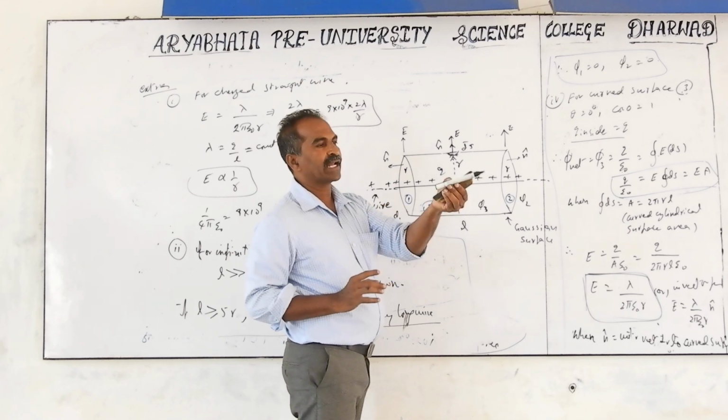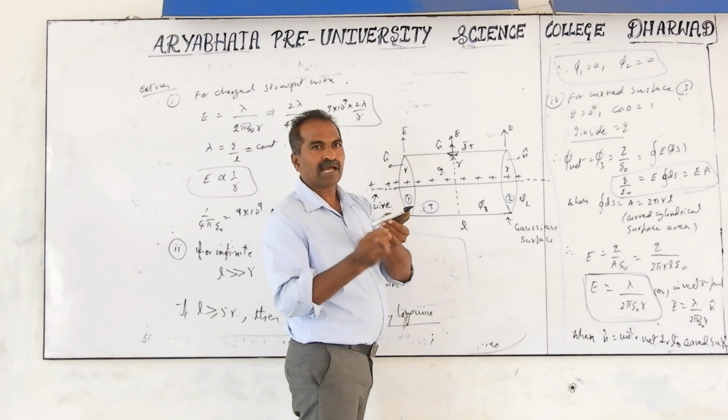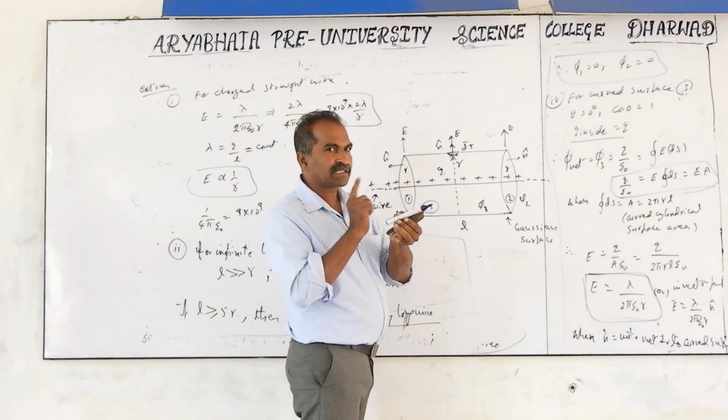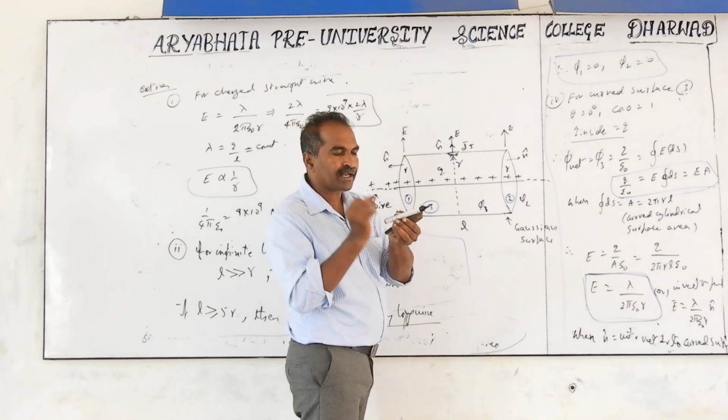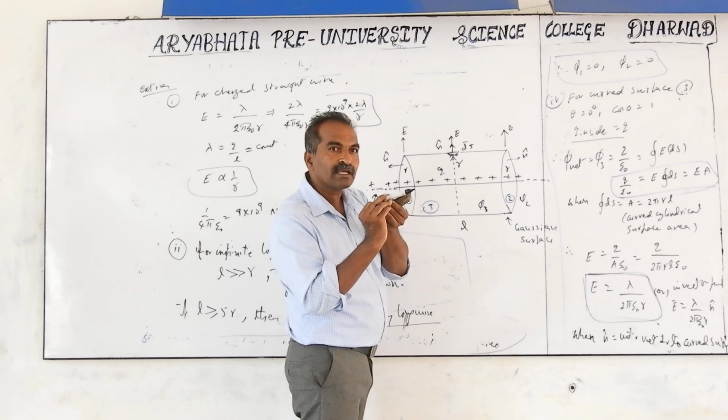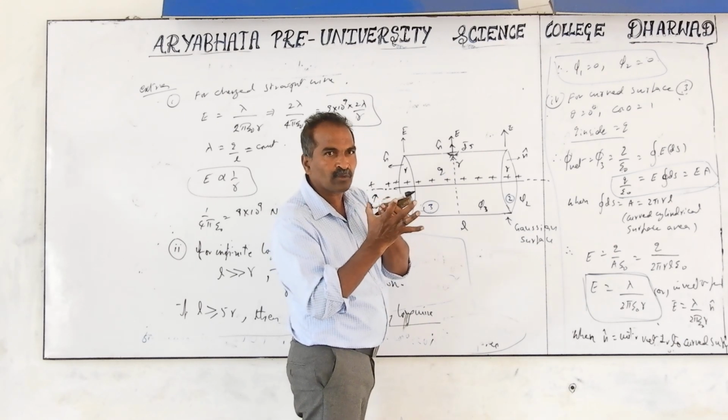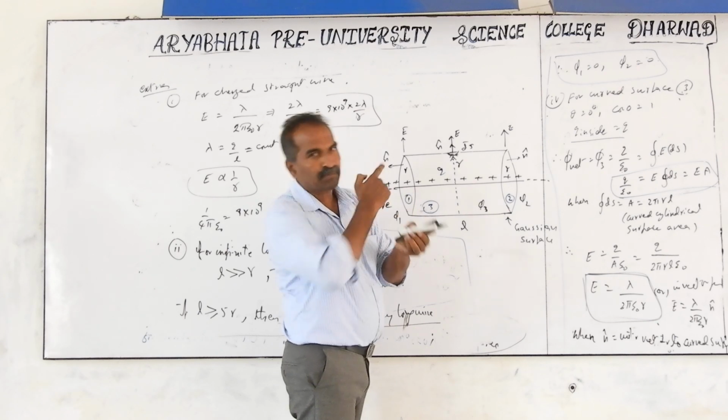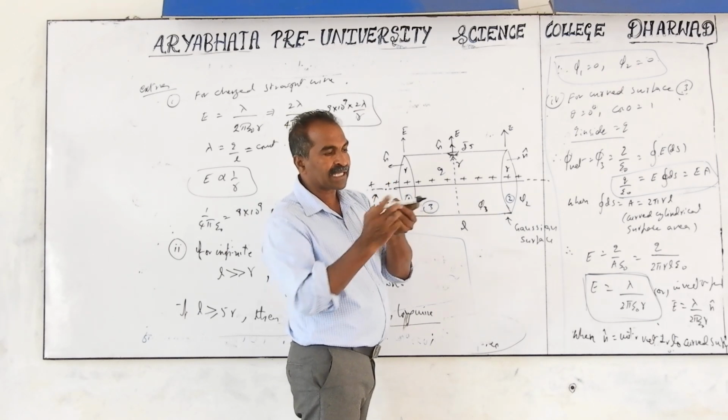This is the wire I have taken, but charges are there and I want the electric field now. This formula is applicable only for a small distance from the wire, say a few millimeters. A millimeter is very small compared to the many centimeters of length. So in that case I can apply this formula. But at the end points it is again not applicable.